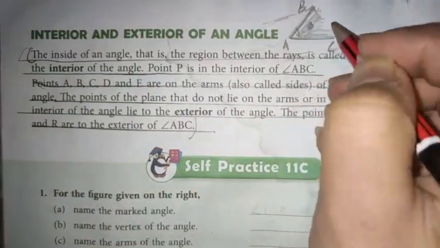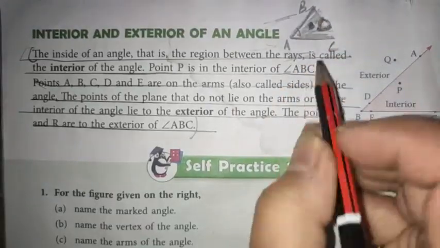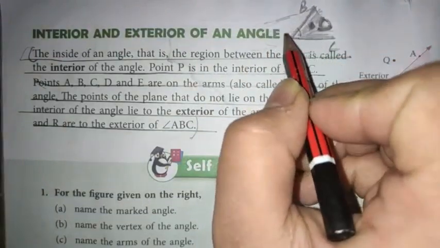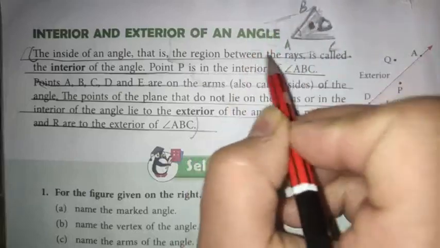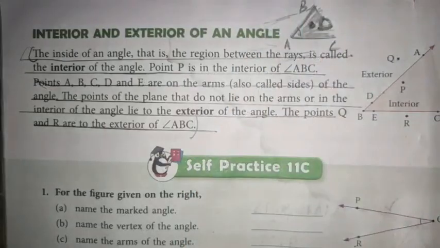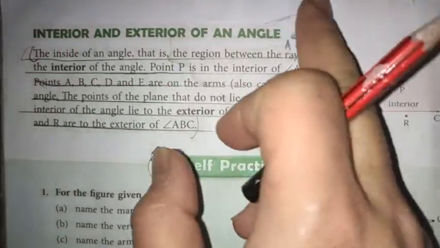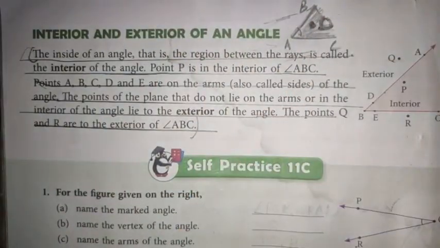Suppose the name of this point is D. So D is the interior of this angle. Now if I give a name here, BAC, these are all the exterior of the arms, right? And they are the exterior of the angle. So this is very easy. The point which is outer than the angle is considered as exterior, and which is in the inner position will be considered as an interior of an angle.